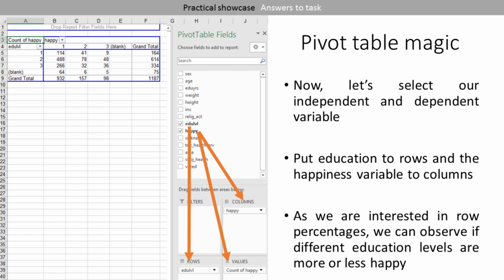So we can do the row percentages later, but we can change that from that menu also. It will change whether the table shows frequencies or percentages. But let's stay right here, right now, with the frequencies.